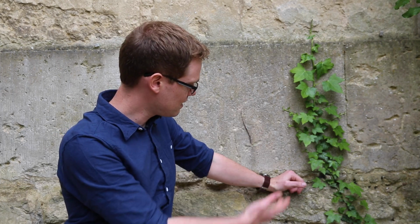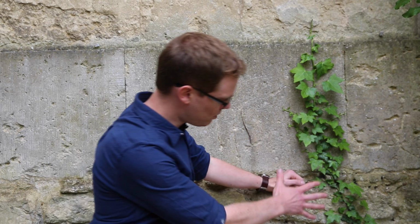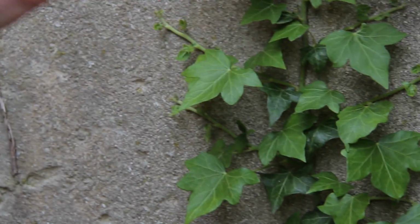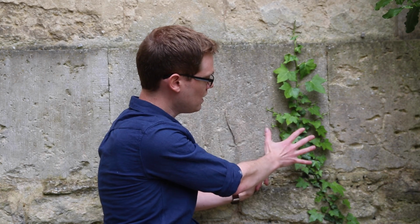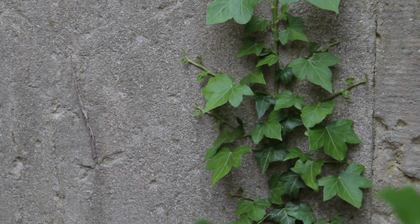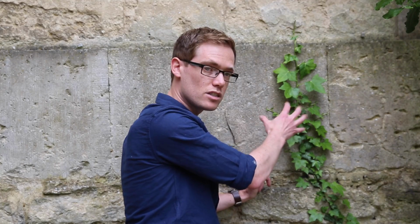We're just looking at some ivy growing on this stone wall, and this is an example of something that we're very interested in, how living organisms interact with stone. We've actually got very good evidence now that plants like ivy, which cover stone, can keep it dry to some extent, but also keep it warm in the winter, so that can reduce the risk of frost damage to materials